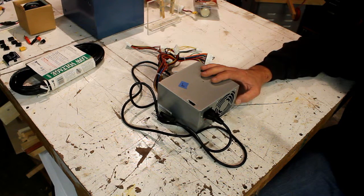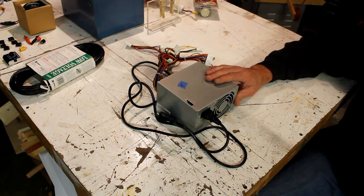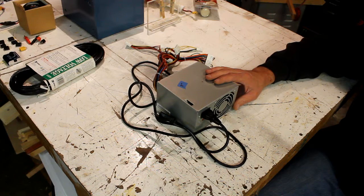You know, you can get them sometimes for free on Craigslist. People have old computer towers or whatever. You can get them for next to nothing. And I've actually got 3 of them around here. I'm probably going to put